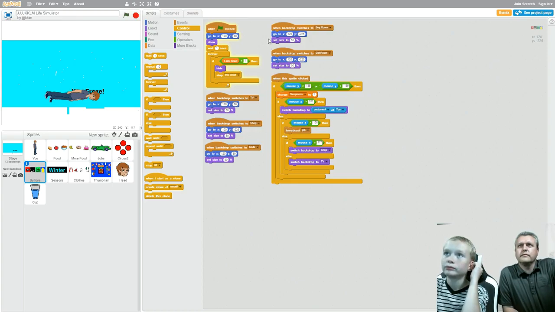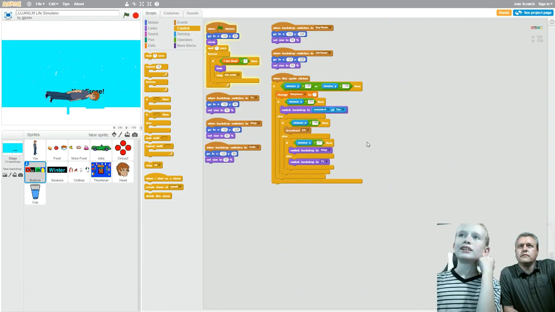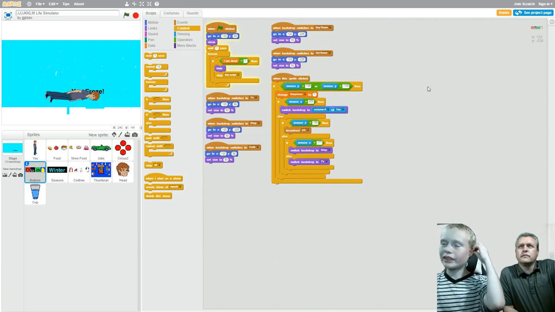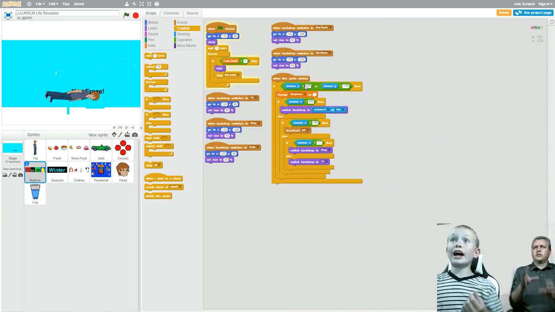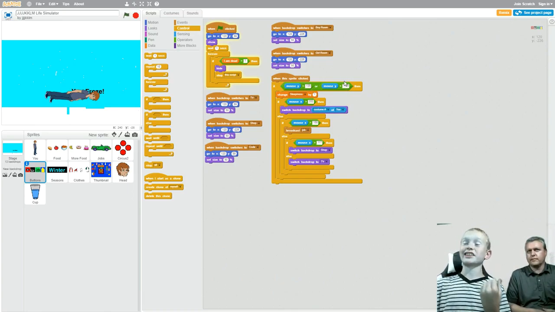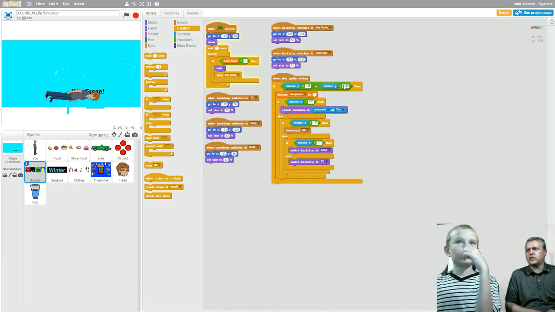So, I know one issue. Sometimes I would just end up clicking over here, just clicking here, and it would activate the home button. Or here, activating the TV button. It wasn't supposed to do that. That was my biggest challenge. But then I fixed the issue by accessing the mouse X to make sure that it was in the right region.